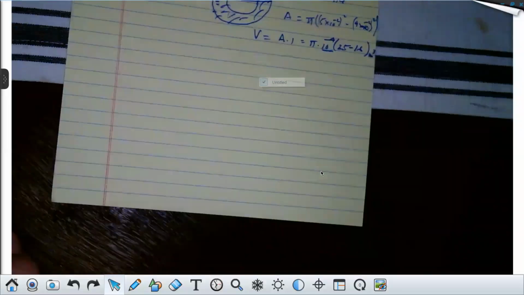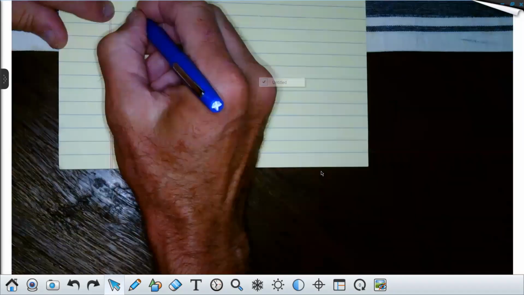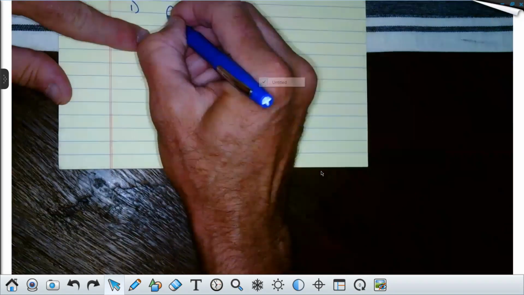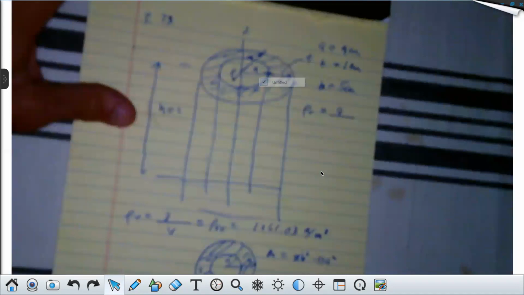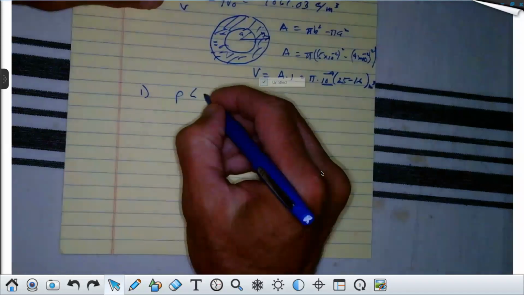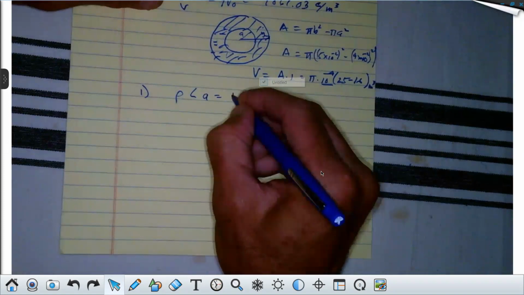All right. So the way we get the D field, we start by talking about the conditions. If the radius rho, and this would be the radial distance rho here, from the center of the axis to this point of observation, is between zero and A, and A equals, in this case, 4 centimeters,